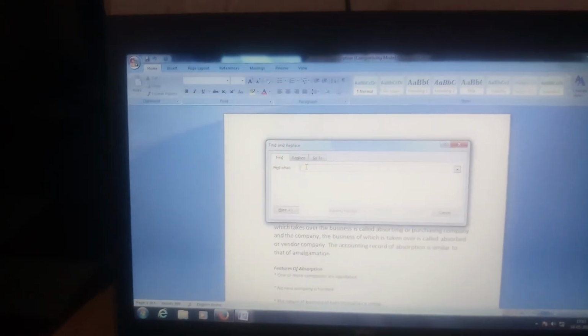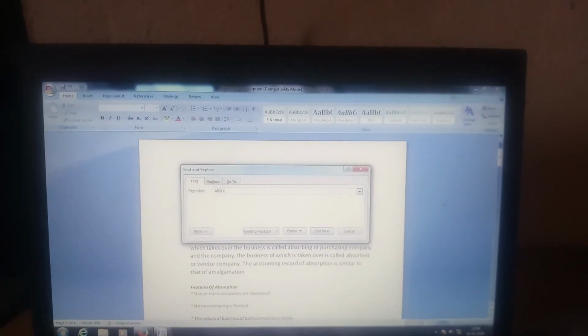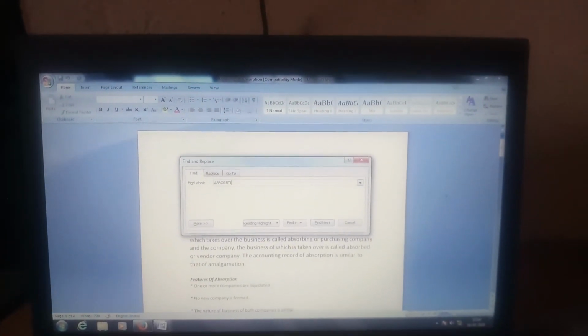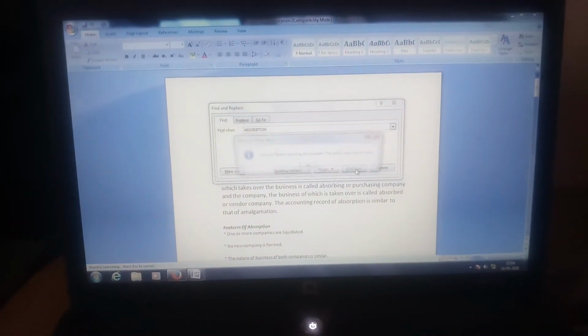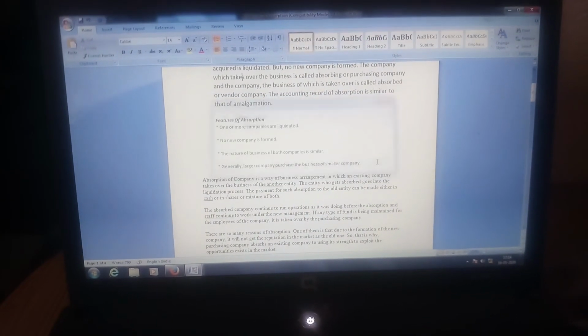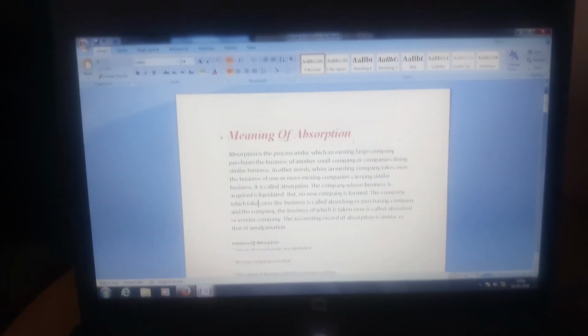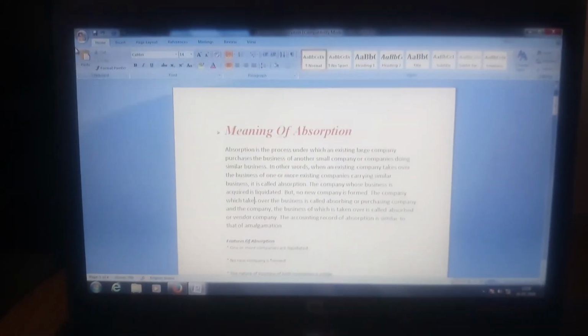So I am giving absorption, and the absorption word will be highlighted. Like this we can find and replace words too.